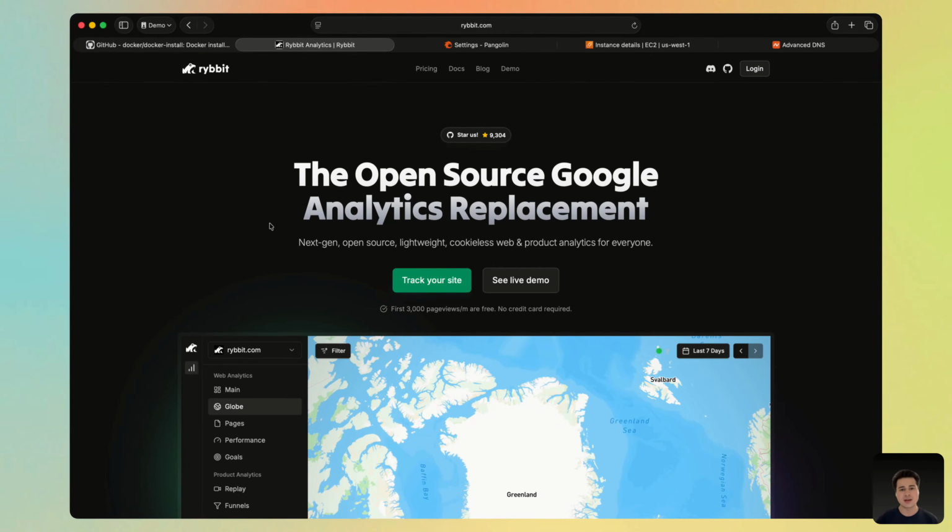I'm going to quickly demonstrate how to install Rybbit, the open source and self-hosted analytics platform, to a virtual machine, in this case an EC2, and then expose that publicly with a domain name of your choice using Pangolin, the tunneled reverse proxy platform. So the first step is to make sure you have a virtual machine or a server to